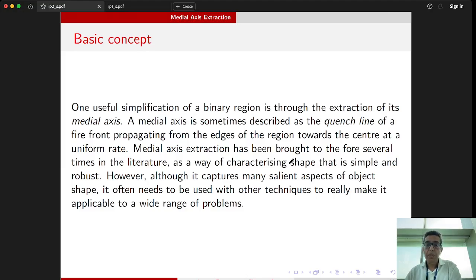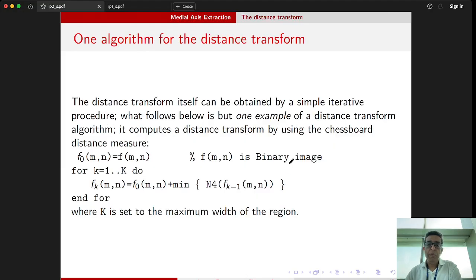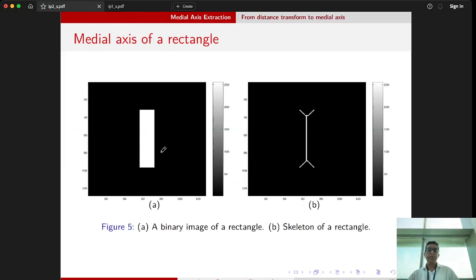Okay, we're just going to talk now about a couple of things, just wrap up quickly. First of all, there's a technique called the medial axis, and I'll just show you first what a medial axis looks like. So this is the medial axis. That is a way of simplifying a binary image structure to find its skeleton. We're going to look at some tools to do that when we get to morphology, but one of the nice techniques that one can use to do that in a binary image is based on something known as the